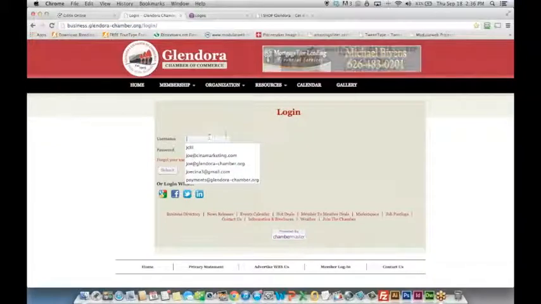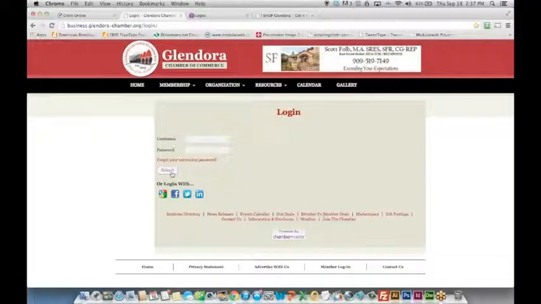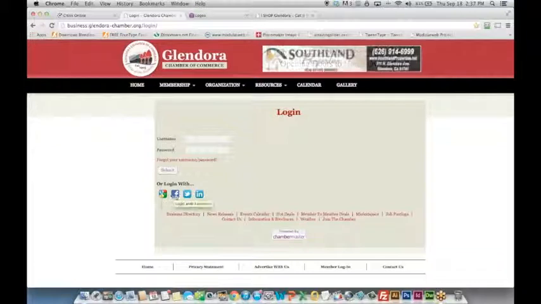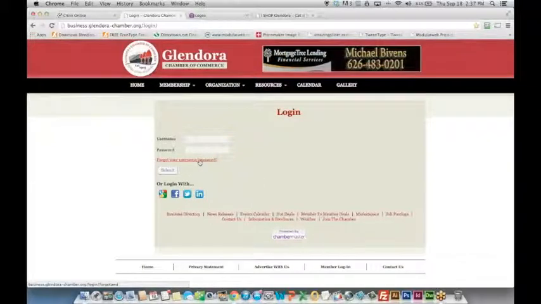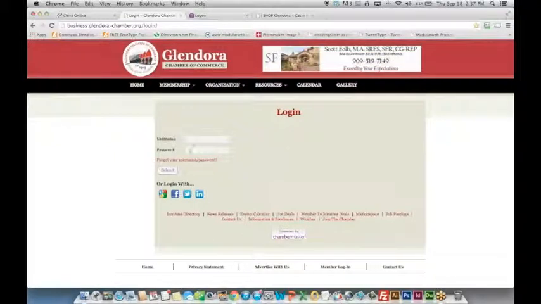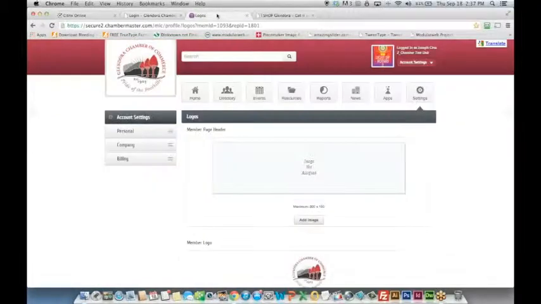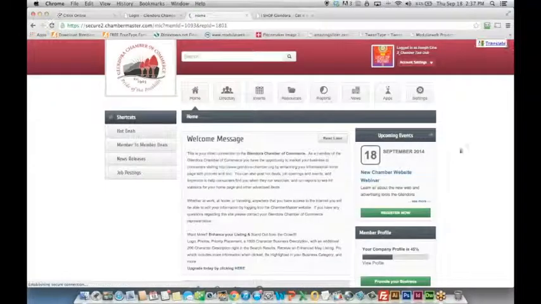Okay, so you just put your username and password here, and you press submit, or you can even connect with either your Google Plus, Facebook, Twitter, or LinkedIn. But for now, put in your username and password. If you forgot your username or password, you can click here and you ask some questions. So once you put that information there, you click submit, and then you won't see that, you'll see this page